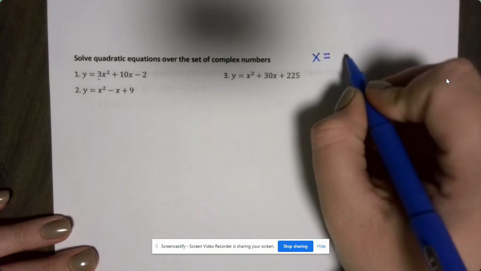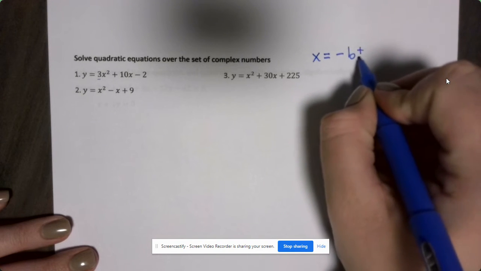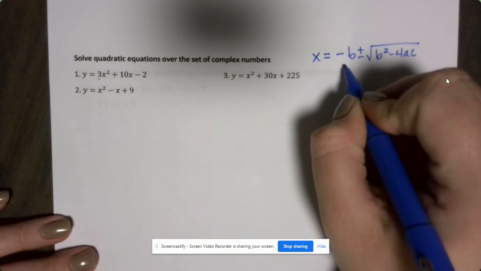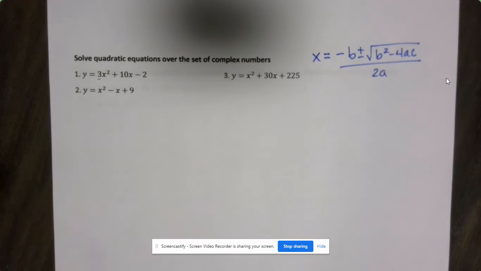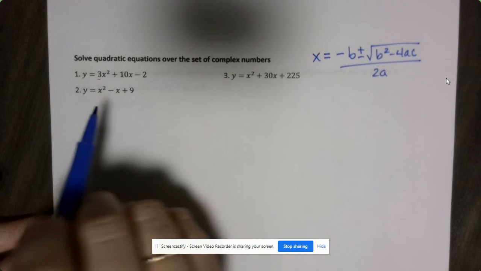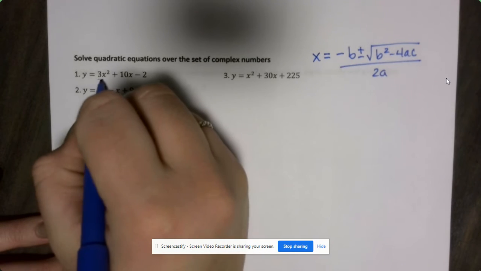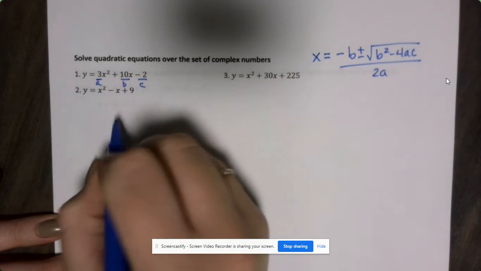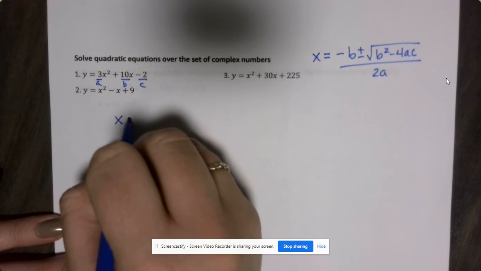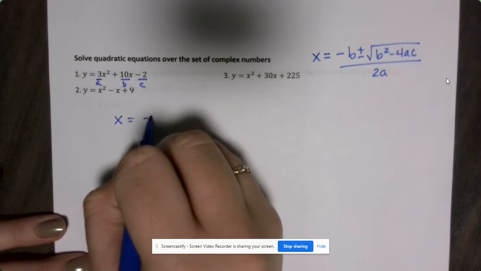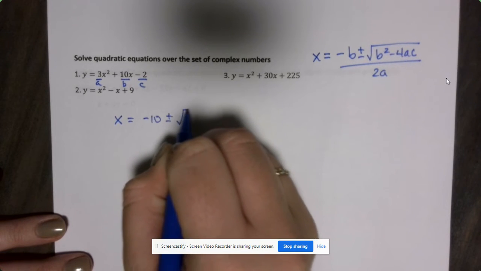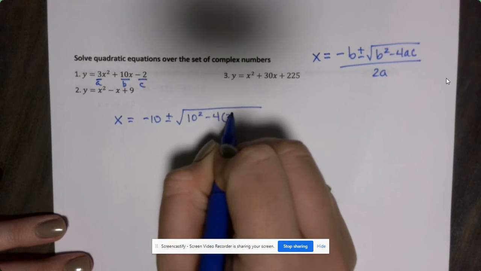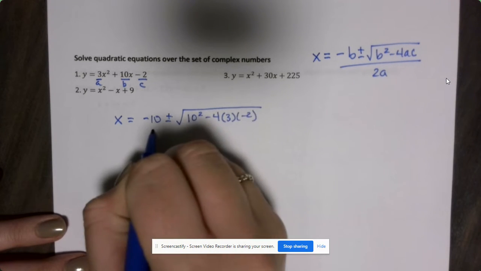Just as a reminder, you'll be provided the quadratic formula. It's opposite b plus or minus the square root of b squared minus 4ac all over 2a. You'll be provided that on the exam. So our a is going to be 3, our b is 10, and our c is negative 2. So when we fill in our formula, opposite b plus or minus the square root of b squared minus 4ac